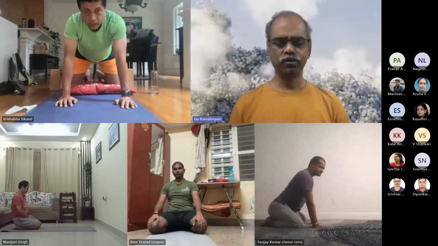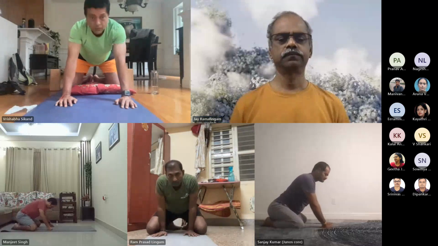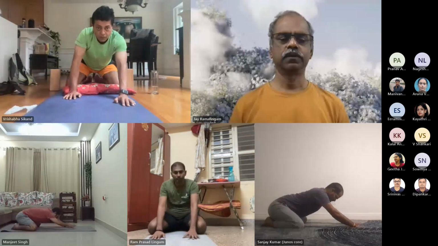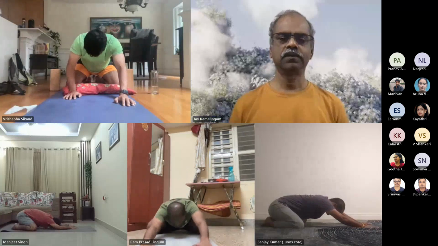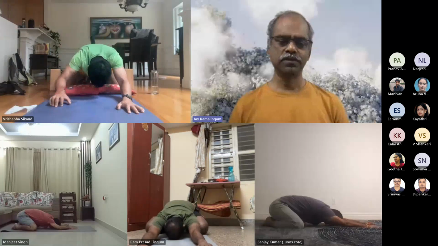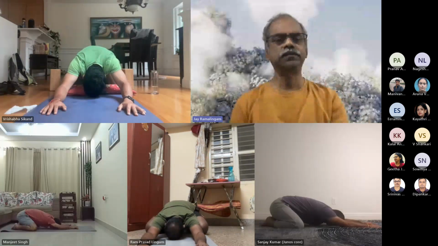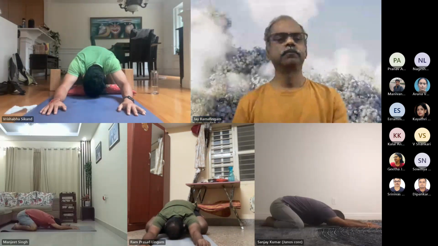And take your seat bones toward the heels and head down. Walk your palms. Relax your shoulders and elbows down, whatever makes you feel comfortable. Balasana variation.